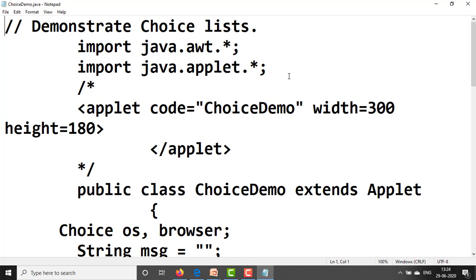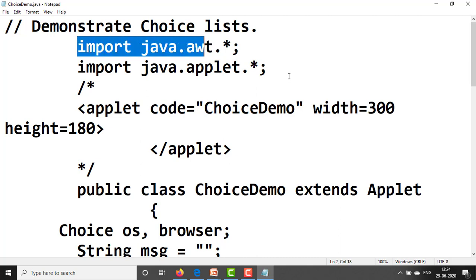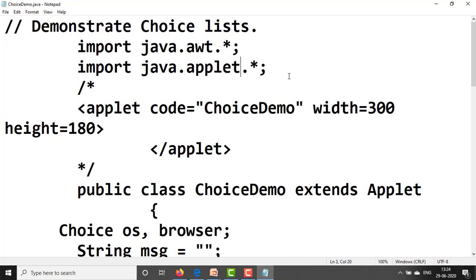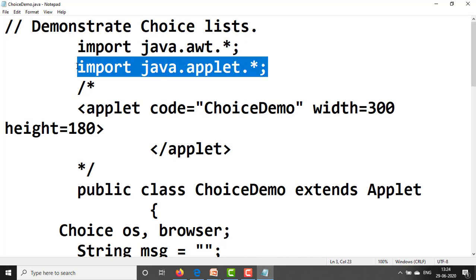In the template, the first thing is to import the packages. Here our program is a demonstration of choice list. First thing is import java.awt.*; second, import java.applet.*; these are the two packages we have imported here. Next, start a multi-line comment and start the applet tag. Applet code equals the class name, that is ChoiceDemo.